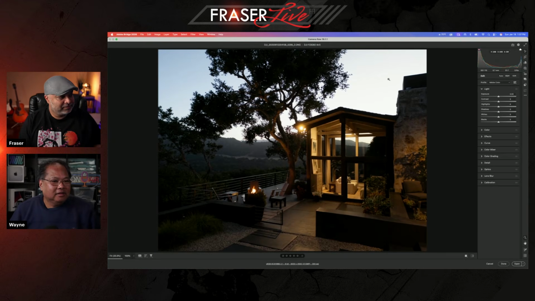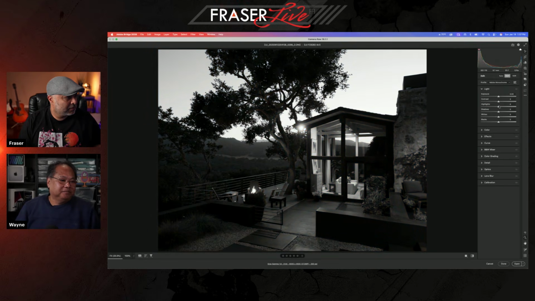Yeah, that's true. Okay, so now that I have the composition, I really want to look at how the light is in this scene. So I will change it to monochrome. And monochrome gives me where the light's coming from, what the light values are. And immediately I can see that the interior is really, really bright. So we're going to go back